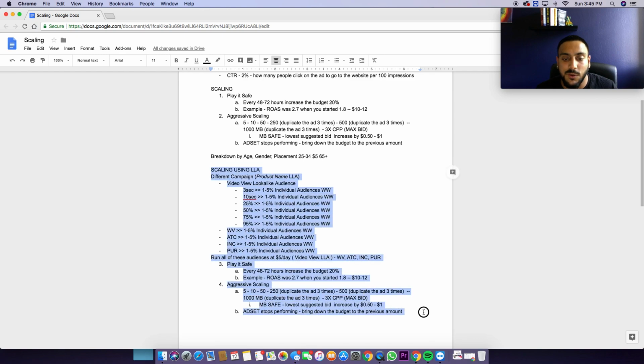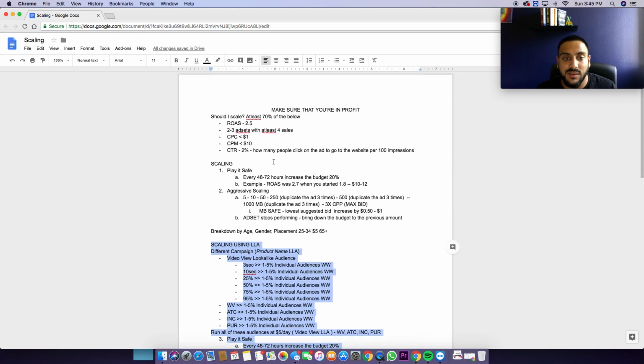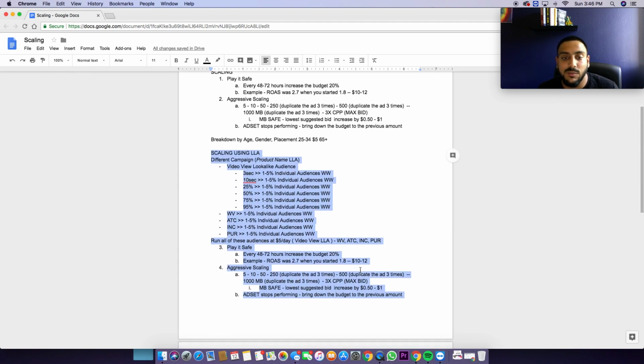This usually performs better for me than just scaling on the interest ad sets, because over time, after like a week or two, most of my interest ad sets die down, and I'm only left with 2 or 3 ad sets that are performing good, right? And then it's mostly just lookalike audiences, and this is where the real magic comes in, because each of these audiences is going to be like 21.2 million, I believe, something around that number, right? So yeah, guys, scale using this strategy, make lookalike audiences.